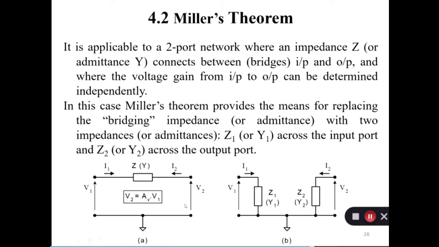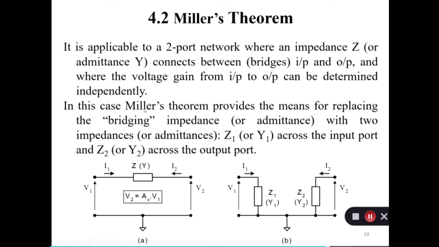Now what happens sometimes in the circuits, when you draw the internal model, it is not easy to calculate the voltage or current across this impedance. So we are breaking this into two sections. We are breaking this Z impedance. It may be resistor, capacitor or inductor. Maybe this Z we are breaking in two sections, Z1 and Z2. And then we have to derive the formula such that the property of these two circuits should not be changed.